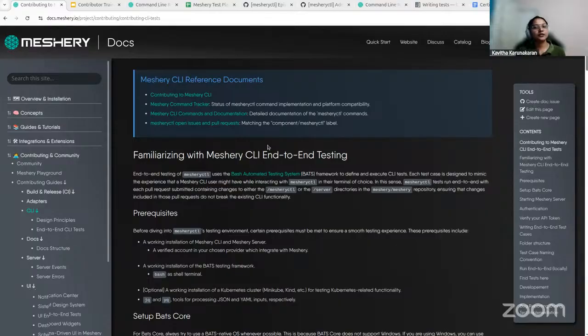But if you are running on Windows, you may want to enable the WSL system and use bats on top of that, because by default